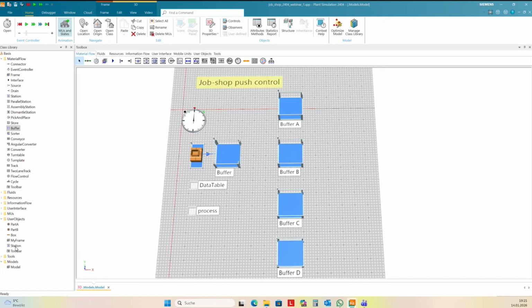and this I create with the duplicate station here, because I want to extend this station, and so I take this station, and the first shop, the shop A, should have 3 stations. I just connect them with connectors. The shop B should have 2 of the stations.